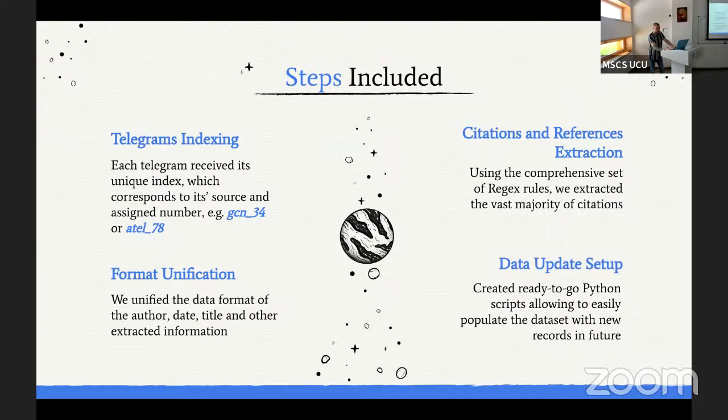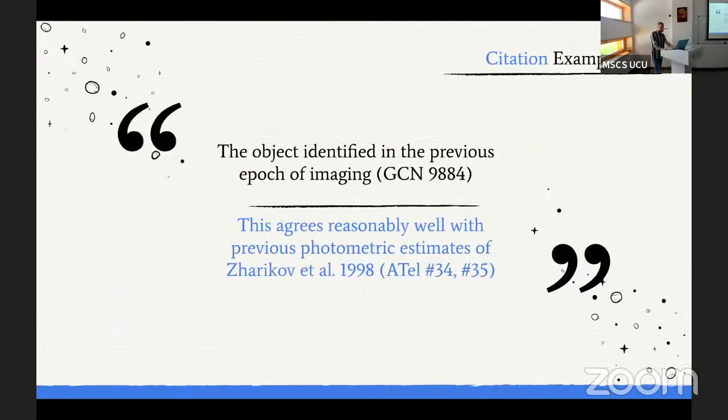The scripts that we made can also be further utilized to update the data set. As an example of a citation, above we are citing a GCN, below we are citing an ATel. Good for us, there are agreed rules on how astronomers should refer to others' work, so with a set of regular expressions we were able to extract most of the citations.